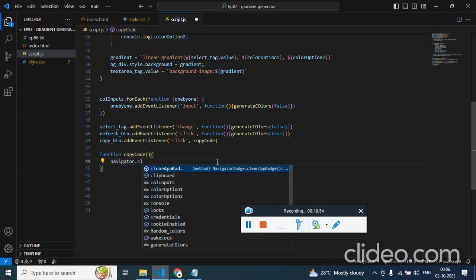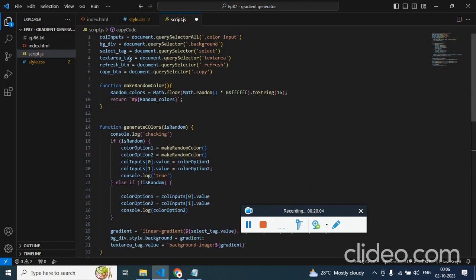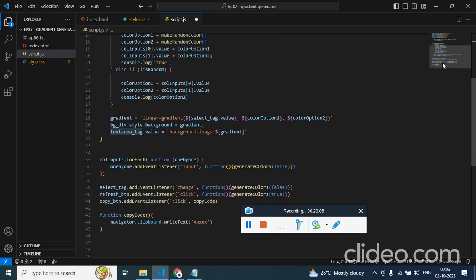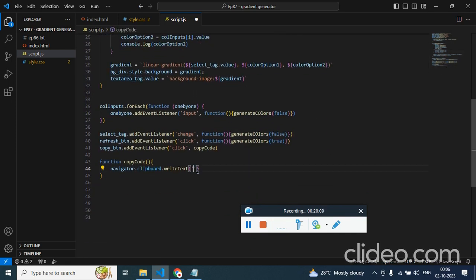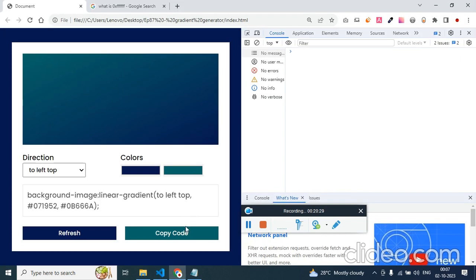Now we need to call the JavaScript inbuilt function navigator.clipboard.writeText, and we need to pass the text area value. This is the text area tag. We need to pass the textarea.value, and we need to change the text. this.innerText equal to code copied. Now if I click on it,